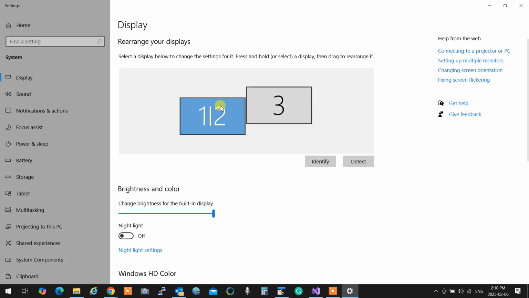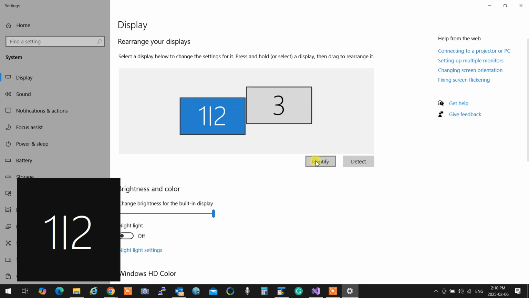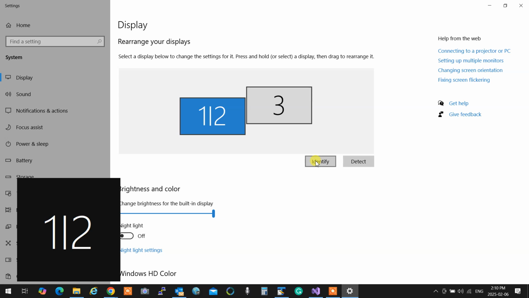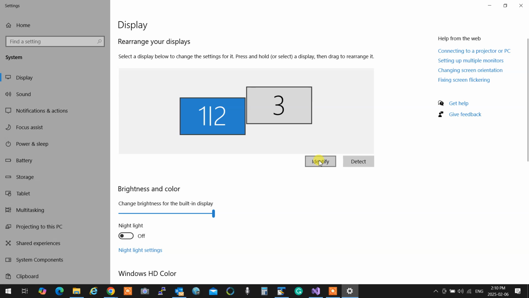See? 1 or 2 and 3. So it is connected. This is the display that goes on the screen, and that's my secondary. Let me just turn this on, maybe. I don't know.